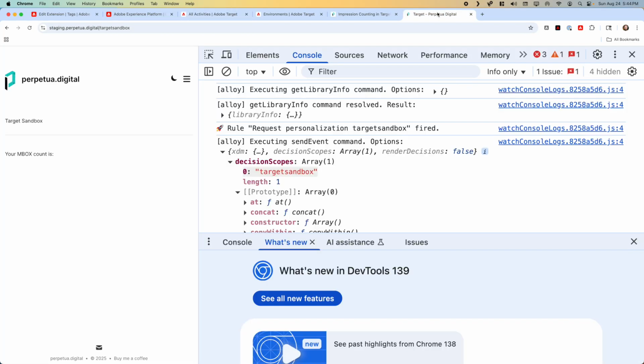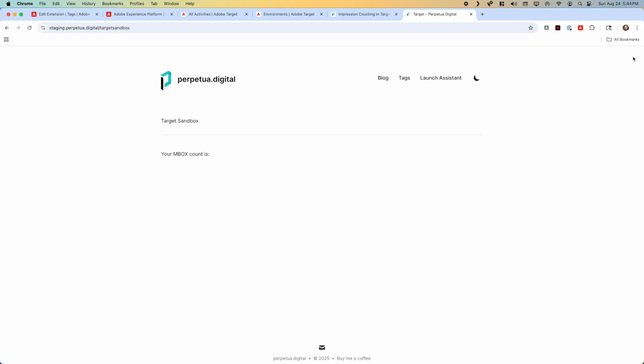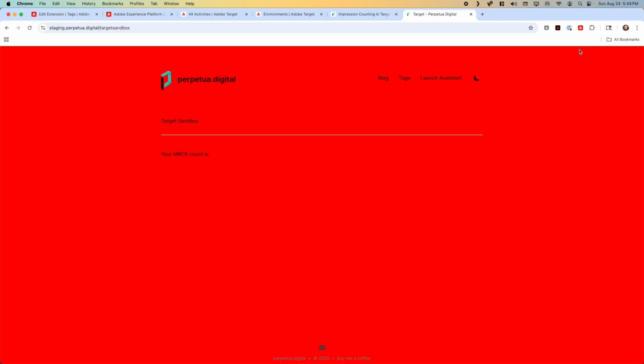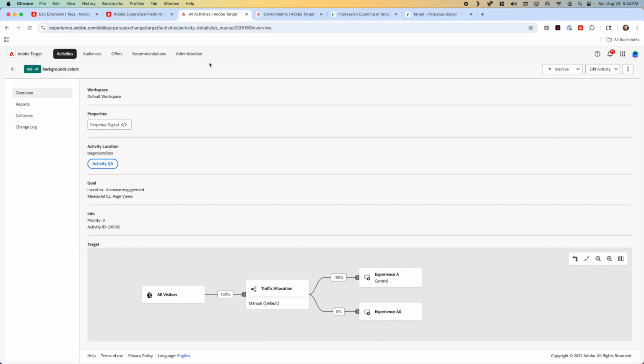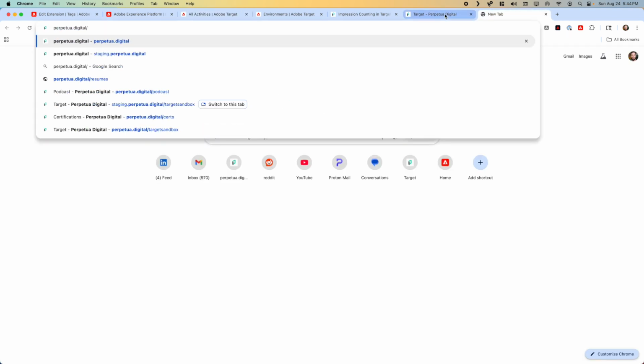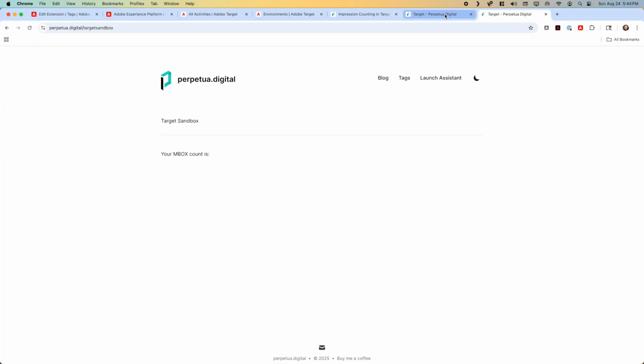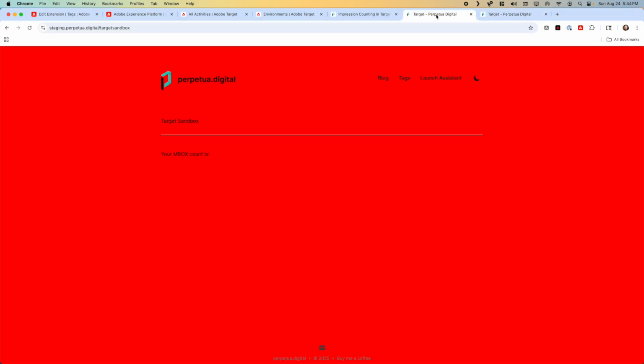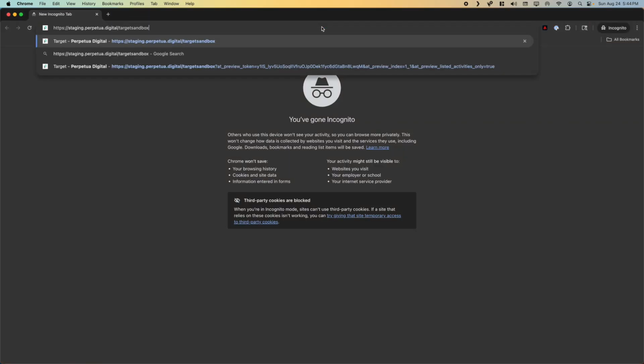When I refresh this page, that mbox or that decision scope is going to go out and it's going to return color and it's going to change the background color. So we got the red one. That's because, again, staging, this subdomain, is treated as if all activities are live. So I don't have this live. So if I go to the live version of this, nothing's going to happen. But again, on the staging one,